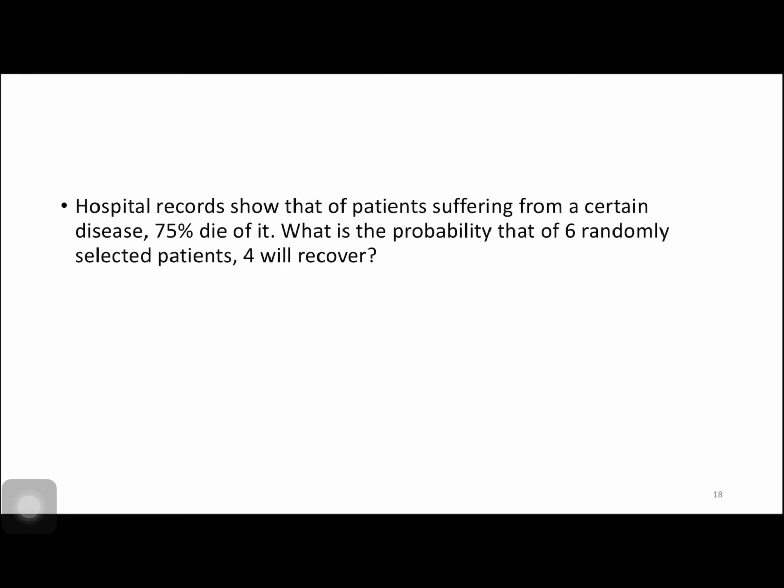Okay, another example. Hospital records show that of patients suffering from a certain disease, 75% die of it. What is the probability that of 6 randomly selected patients, 4 will recover? Okay? So here, our concern is for the patients that will recover. So this value, 75%, since it's about dying, will be our Q. That is 0.75. Okay? So for our P, that is 1 minus Q, we have